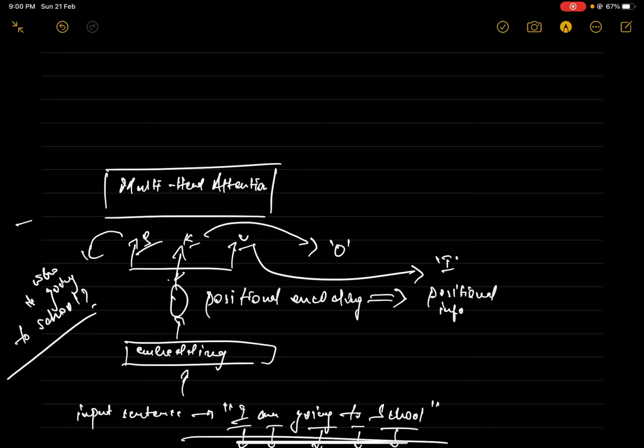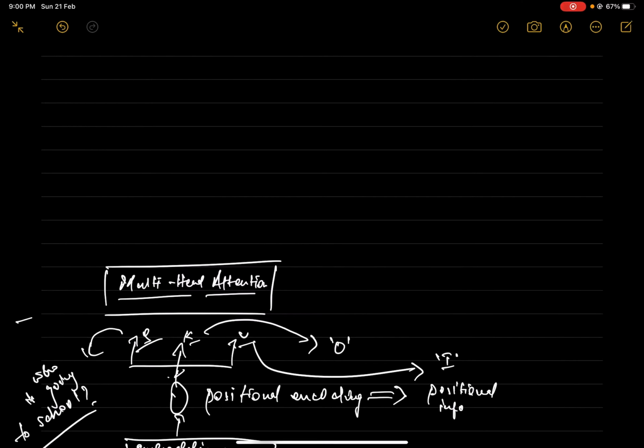So this is what multi-head attention is. I will later on explain what attention is, and thereafter we will see what multi-head attention is. Once you have the understanding of attention, multi-head attention is pretty easy. This multi-head attention layer is followed by an addition plus normalization layer, quite like the ResNet you see,